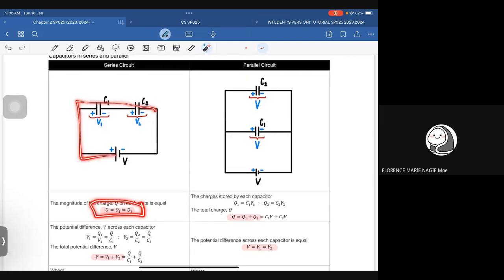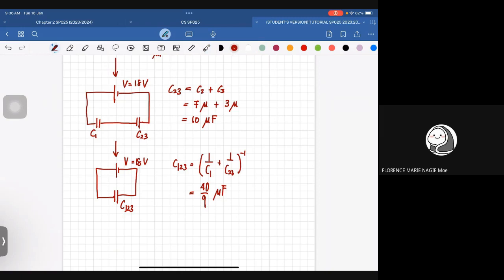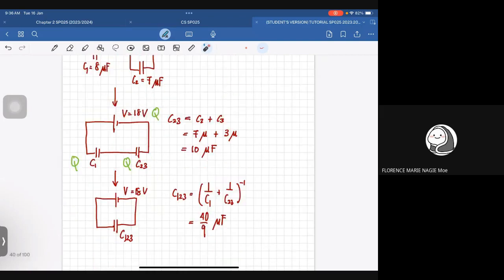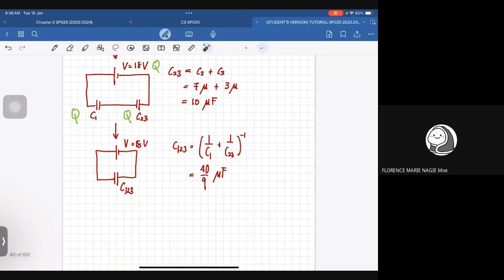Okay, so kalau series circuit, charge across the circuit is equal. So, maksudnya, Q di sini kan sama, di sini pun sama, di sini pun sama. So, sekarang ni kita tidak tahu Q1. So, kalau kita dapat cari the charge across this capacitor, across this circuit, kita boleh cari Q1. So, dari sini, kita mau cari dia, kita akan guna